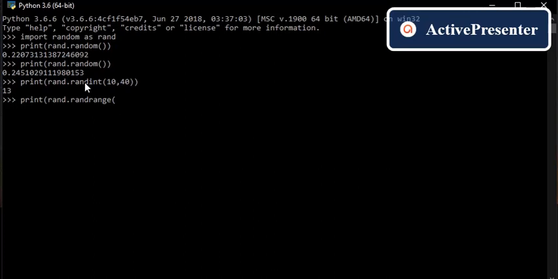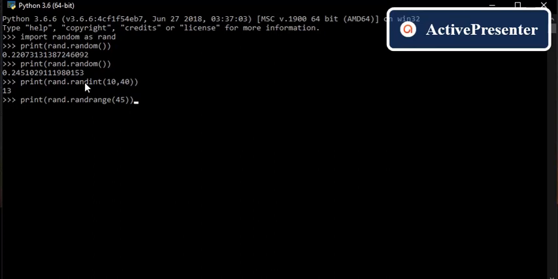So first, you can give only one argument. In randrange, if I am giving only one argument, it is implicitly stating that you have to choose any random number between 0 and 45.